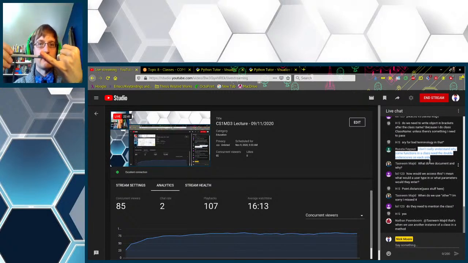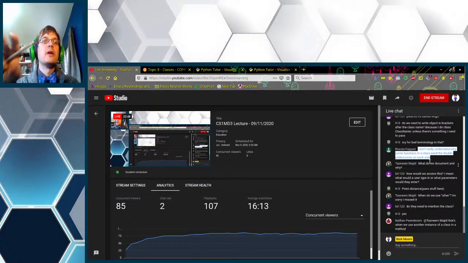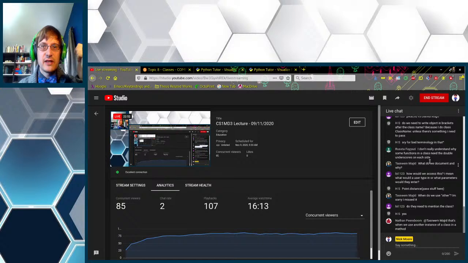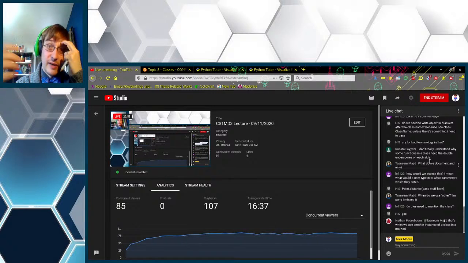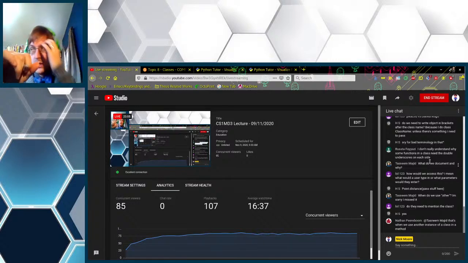Init is one of them. You can think of this as a system function. When you write your own initializer function, you're actually overwriting a default version of the init function that is provided natively by the fact that you're defining a class. The native version basically doesn't do anything.